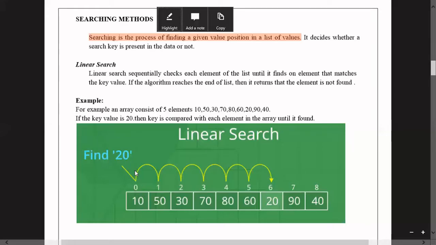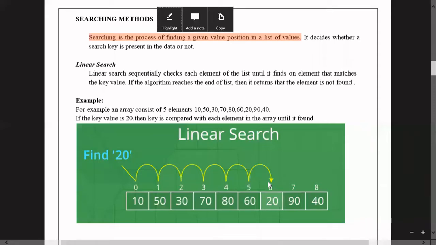Then we go to the next value: are 20 and 50 matching? Is 20 equal to 30 or not? Is 20 equal to 70 or not? Is 20 equal to 80 or not? Is 20 equal to 60 or not? Or is 20 equal to 20? Yes, 20 equals 20. Then we use one printf statement: element is found at index number 6. And we come out of the program.